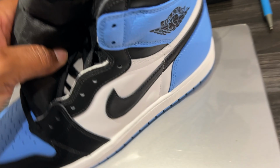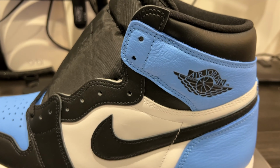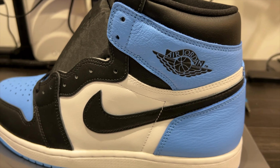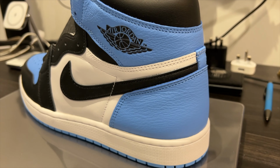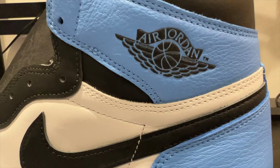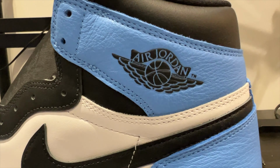If we move round to the ankle collar, you've then got another nice tumbled leather overlay in the university blue colorway, and that is the same as on the heel. And to finish it all off, you've got the iconic Air Jordan basketball wings stamped on the heel on the outside of the foot. You also get a lace swap with this, and this comes in a nice little box